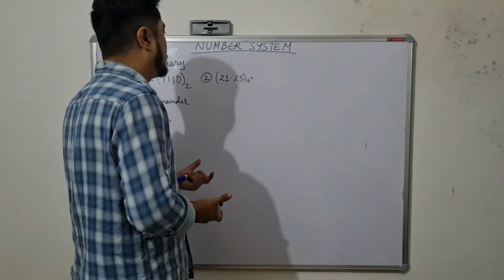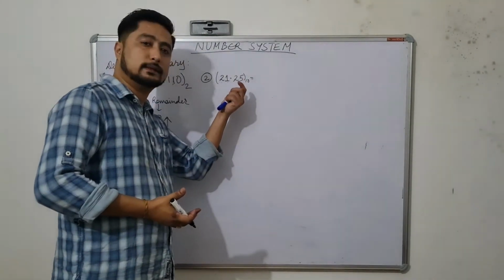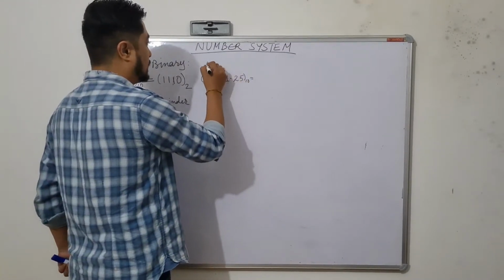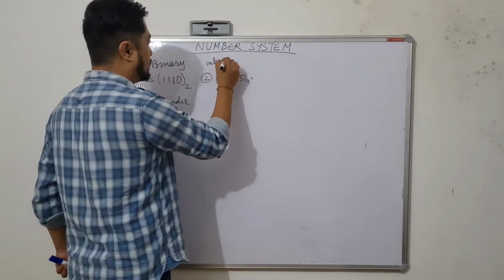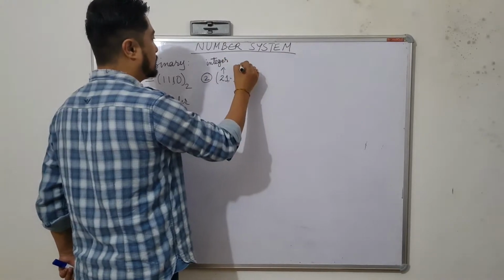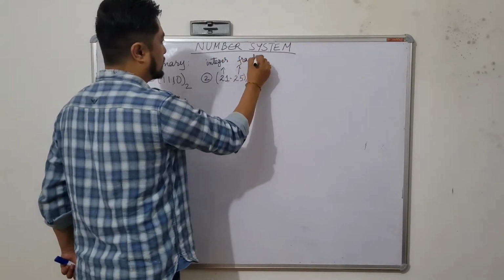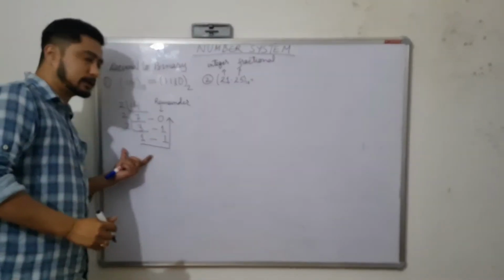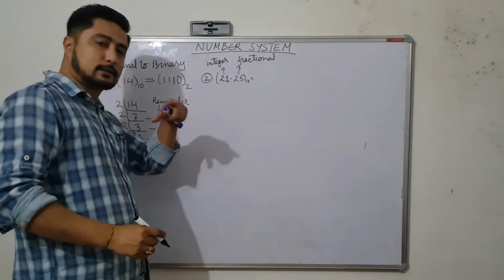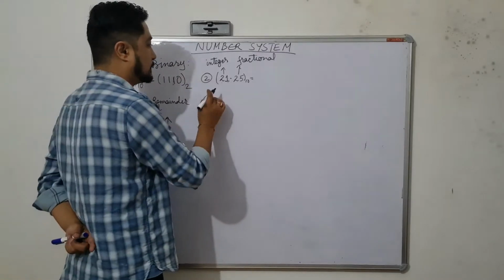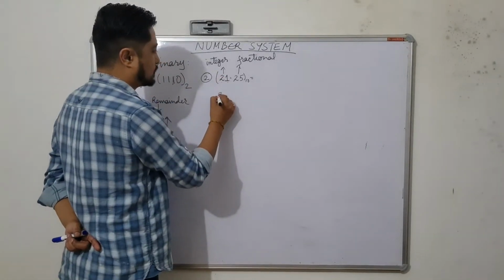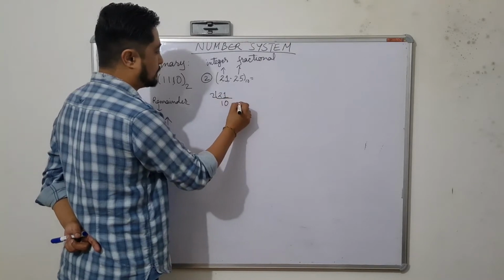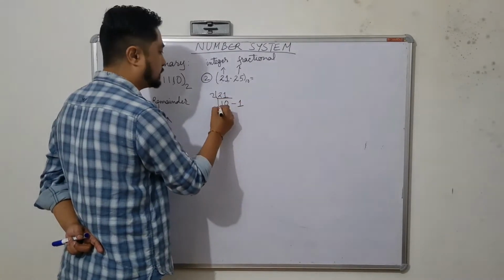Now let's take another example with the decimal number. So this is the integer part, we know that, and this is the fractional part. For the integer part we have to calculate in this manner, and for the fractional part we have to perform another manner. So 2 10s are 20 and the remainder is 1.